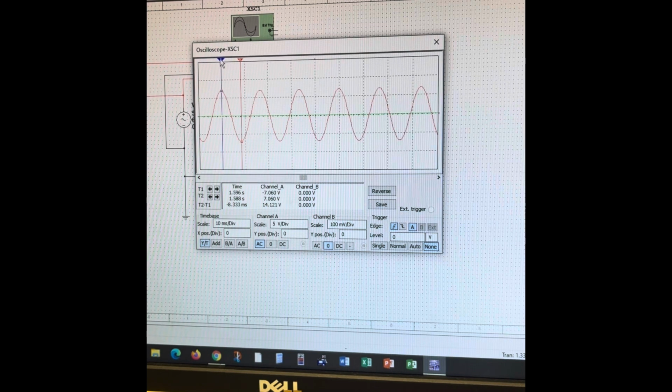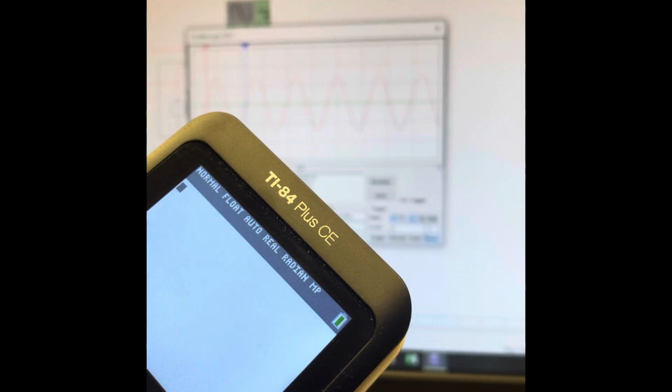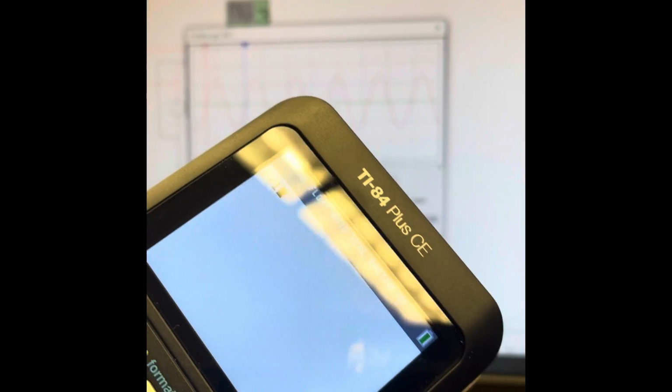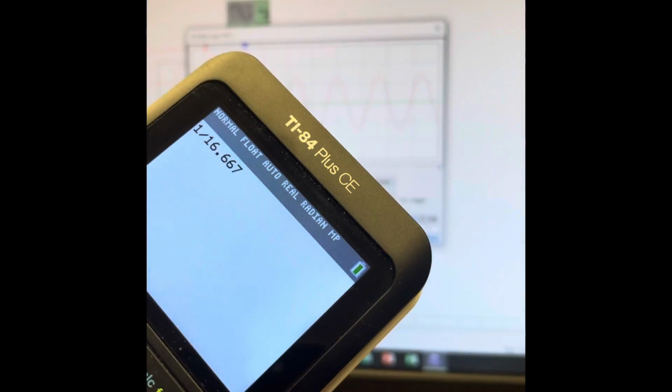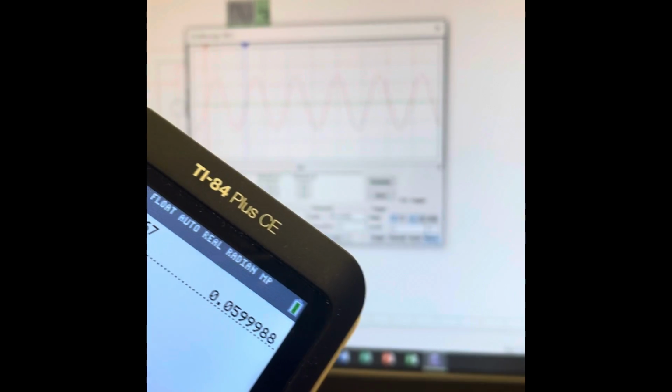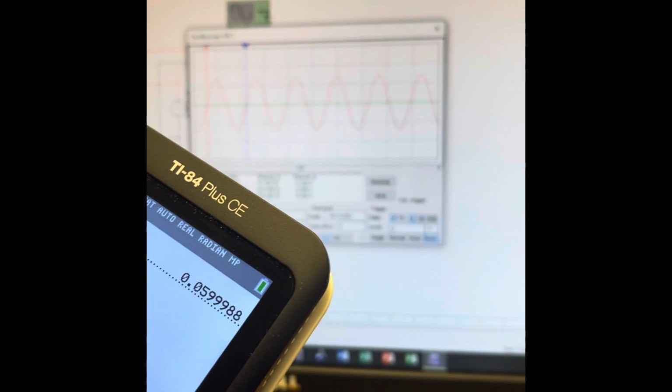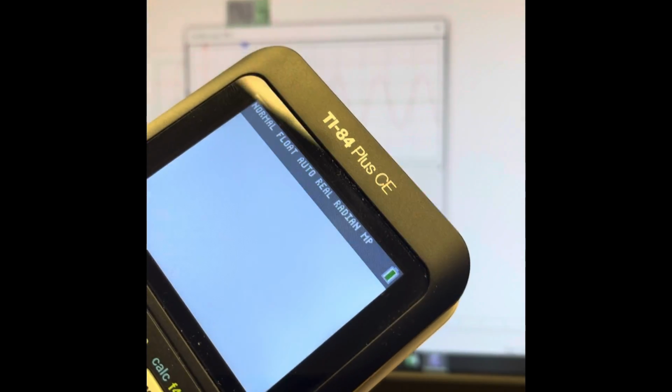So we're going to measure the period now. To Y value set to 0. Comes out to 16.667 milliseconds. So to figure out our frequency, we're going to do 1 divided by 16.667. Comes out to 0.059, and to find the VRMS, we're going to do 0.707